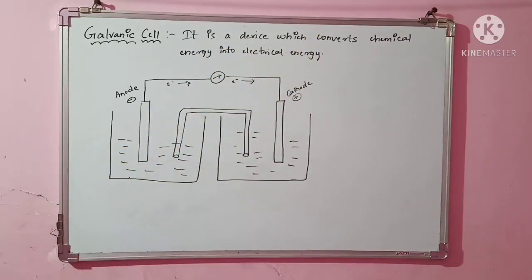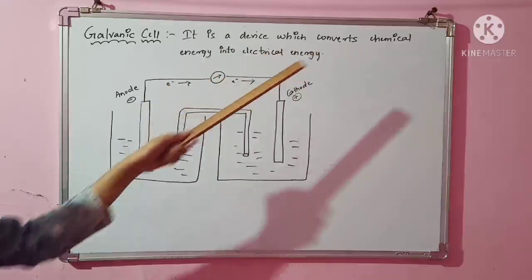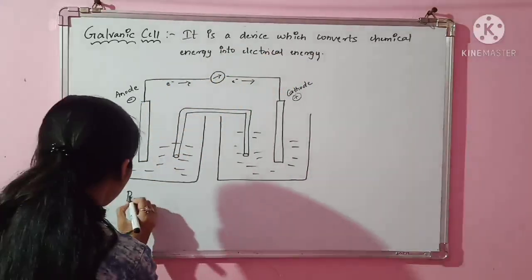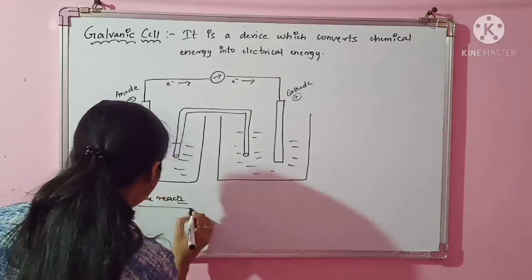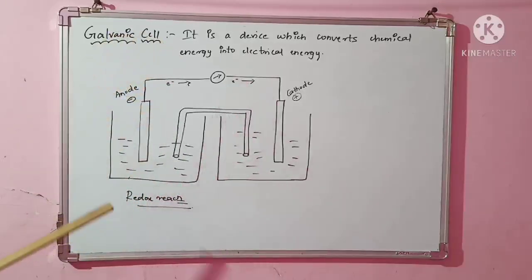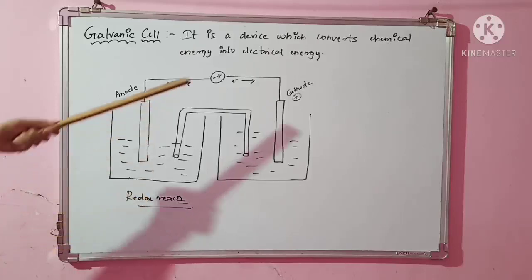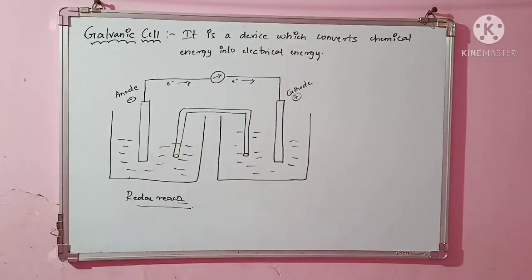Here you are not providing electrical energy, you're providing just chemical energy, meaning a chemical reaction is taking place. This chemical energy is nothing but a chemical reaction, in particular a redox reaction, and it will give rise to electricity. Out of the chemical reaction you're getting electrical energy. A redox reaction means you require two reactants, isn't it? One for oxidation and the other for reduction.